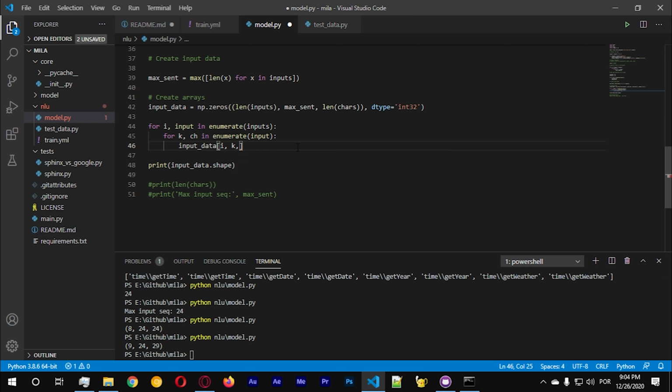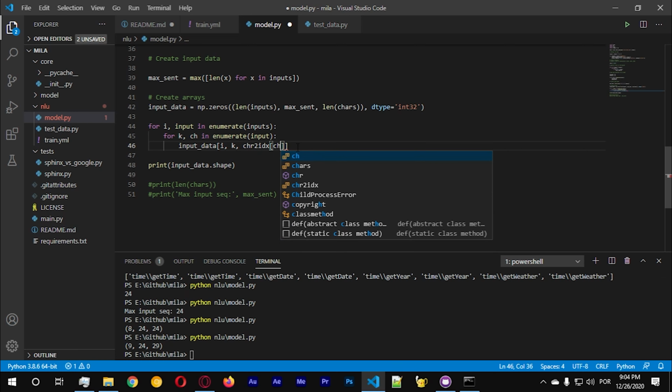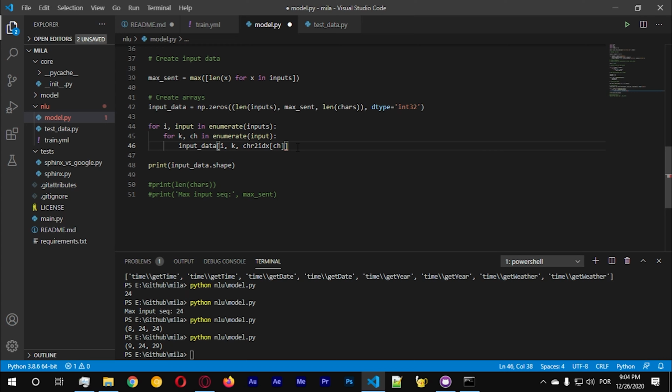To get each character's index, we use char to index. Here we give a character to this dictionary and get the index, and we assign this as 1.0